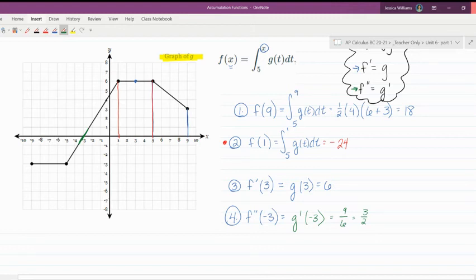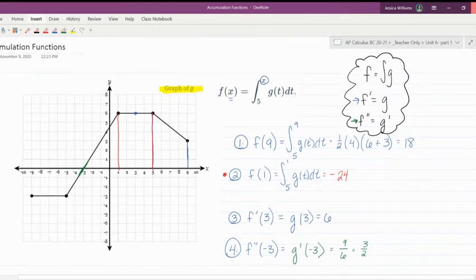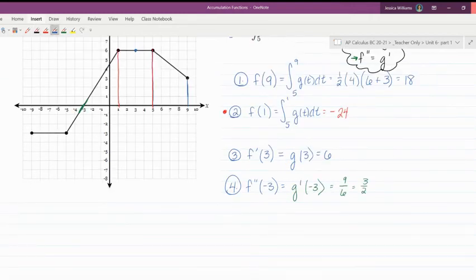So that's it for today. That's all the practice you're going to have in Delta, evaluating accumulation functions in different places. Where this is headed is now I can ask you all that vocabulary back from Unit 5, and it is going to come back. And now they're going to ask,